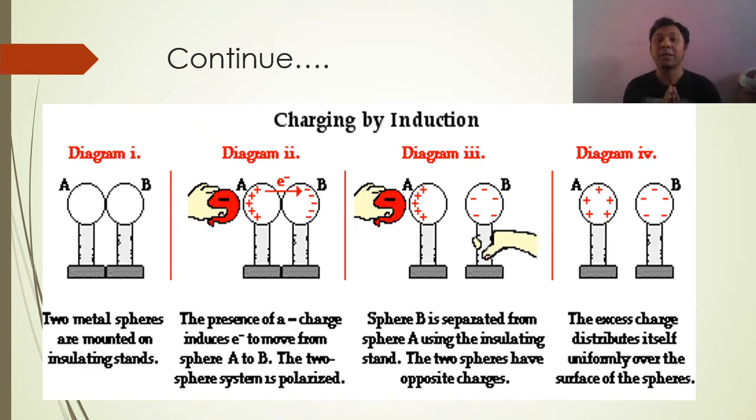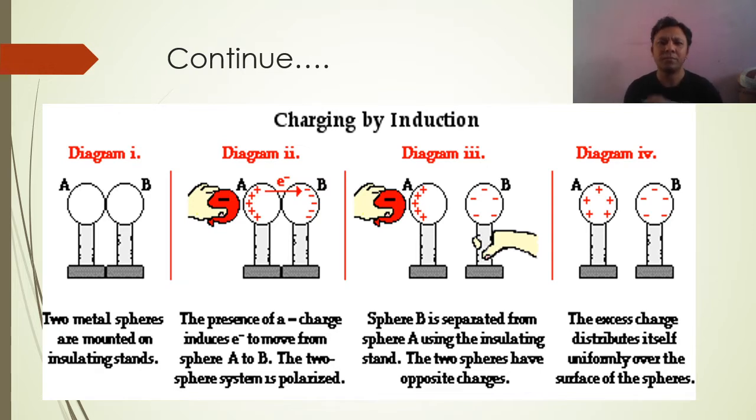This method is used to test high voltage. It is used in high voltage testing. We know that when you go for testing a transformer, one test is called a high voltage test or the impulse test. At that time they give a higher voltage, and that higher voltage is generated using this electrostatic induction.